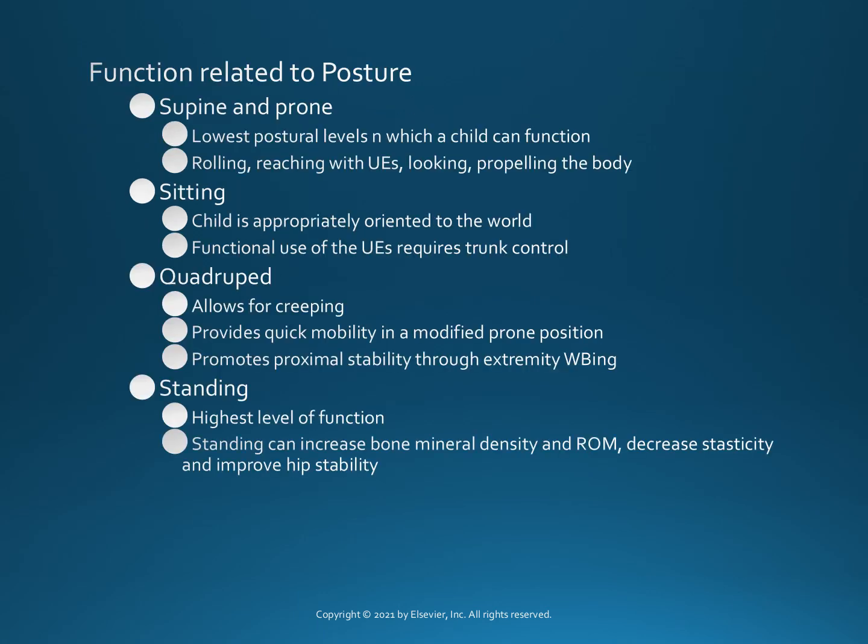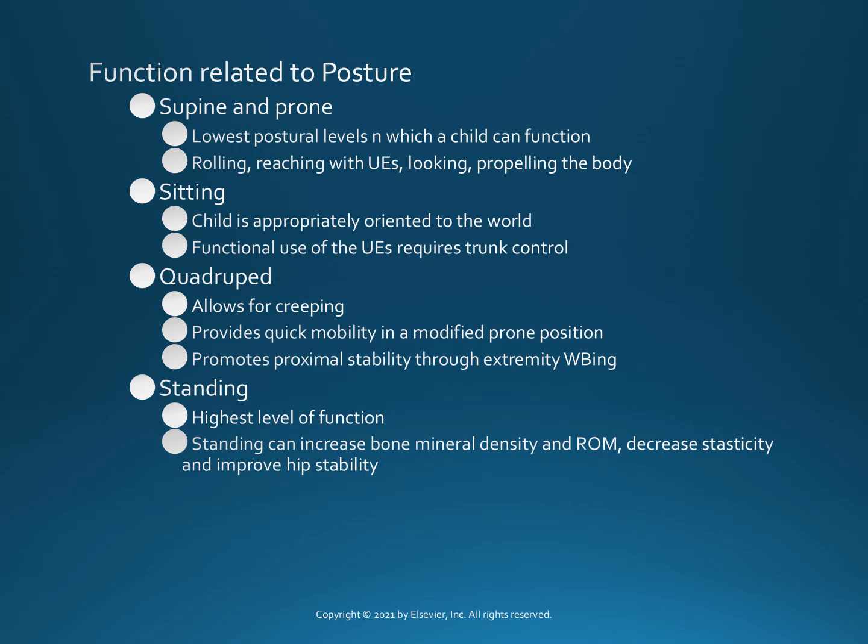We look at function related to posture. We've got several postures here we can look at. Supine and prone are the lowest postural levels in which a child can function. And so by lowest, we mean lowest developmentally, but also lowest to the ground. And functional activities that can occur in supine and prone include rolling, reaching with the upper extremities, looking, and propelling